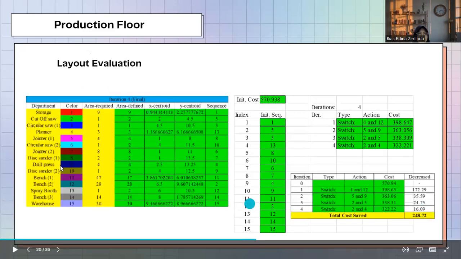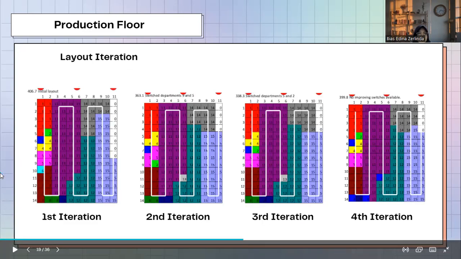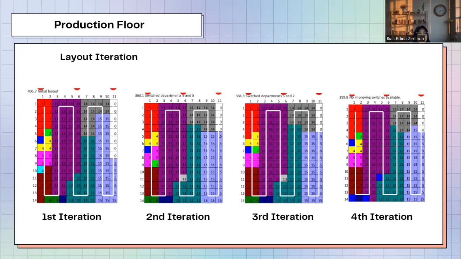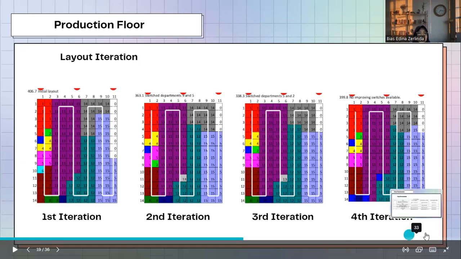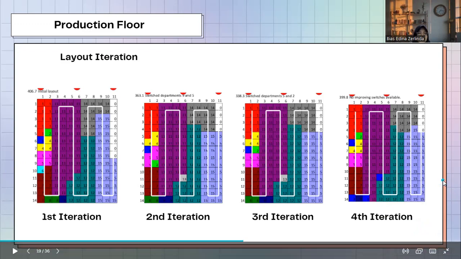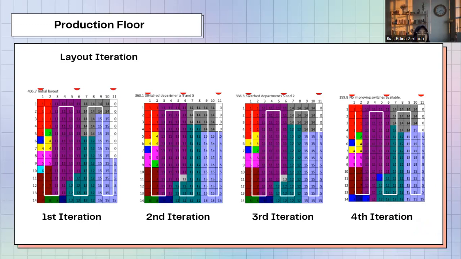Then in iteration 3, we got a decrease in cost to 338.31, decreased by 24.75, with action switch 2 and 4. The last one is iteration 4, or the final iteration, with the cost decreased to 322.22, decreased by 16.009, with the action switch 2 and 4.